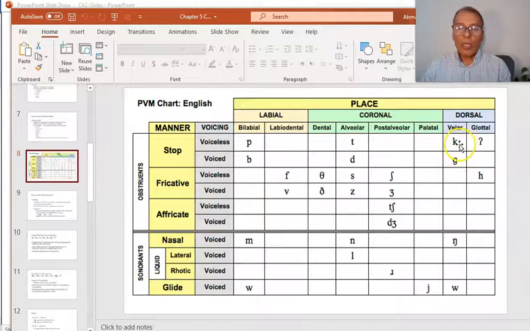So K is voiceless, G is voiced. So K becomes a voiceless velar stop. And then G is the same except that it is voiced. And then the glottal is a voiceless glottal stop. So tracing it this way, you should be able to identify these very easily and to practice so that